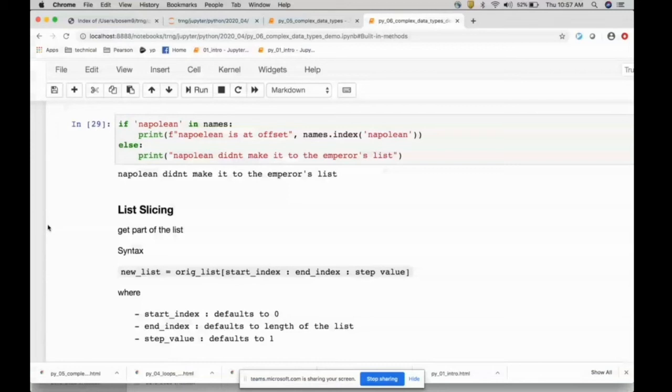So if it is true, then you can simply say, hey, Napoleon is at position or offset, whatever name dot index. Otherwise, you simply say Napoleon didn't make it to the emperor list. So whatever you want to do, like if the index value is not there, maybe you want to add that, or maybe you want to initialize some other value or whatever it is. Okay. Another way to do that is